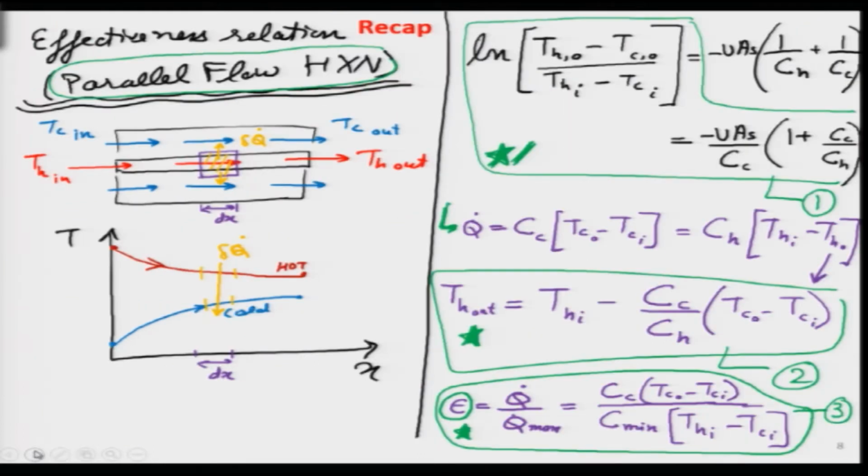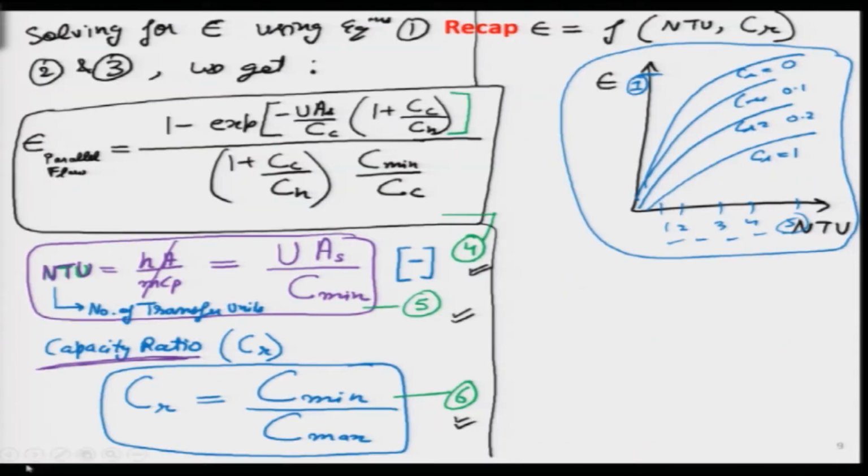We did that exercise for deriving the expression for the effectiveness, and we took the first case for the parallel flow heat exchanger. All we wrote were these three equations, which are essentially different forms of the energy balance equation, and we solved for the epsilon value over here. I can highlight it with orange color, that this epsilon value is true for all types of parallel flow heat exchangers.